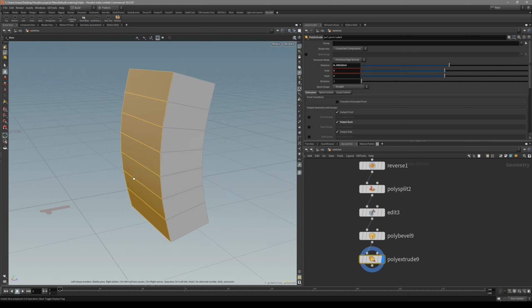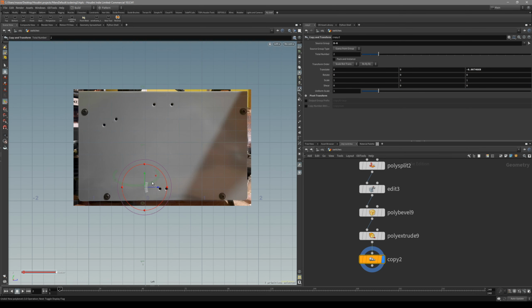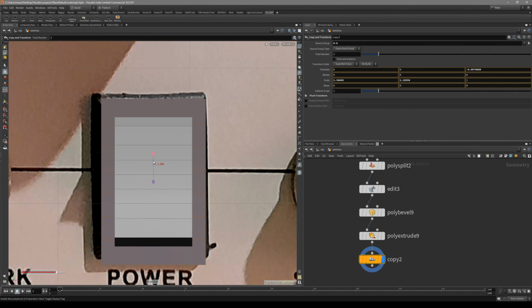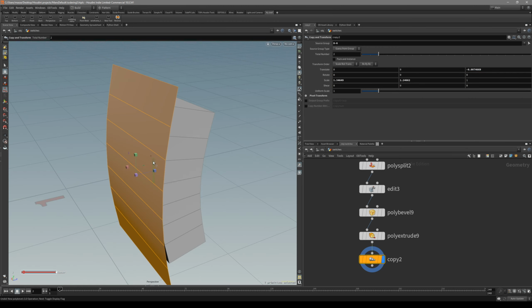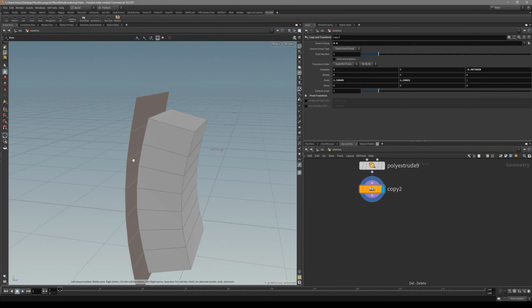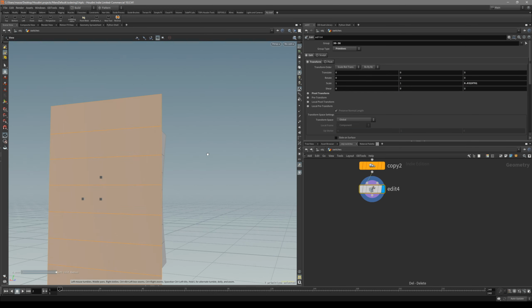And now let's take these and let's duplicate them. Now we have this back, and let's just start scaling them on both sides so that we get something around the shape of the frame around this button, like that. And now I want to make sure that this part is actually flat. So what we do is select it and let's scale it, and just scale it one time on this. Now it's perfectly